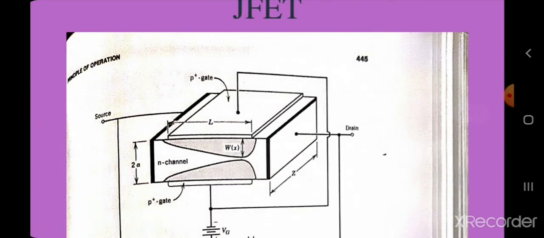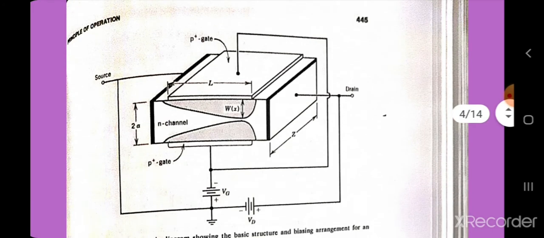This figure over here shows the diagram of an N-channel JFET along with the biasing arrangement. The device consists of a thin bar of an N-type semiconductor sandwiched between two P+ type regions of the same semiconductor. The thin N region is isolated from the P+ regions by the junction depletion regions and is called a channel. The channel is provided with ohmic contacts at the two ends.